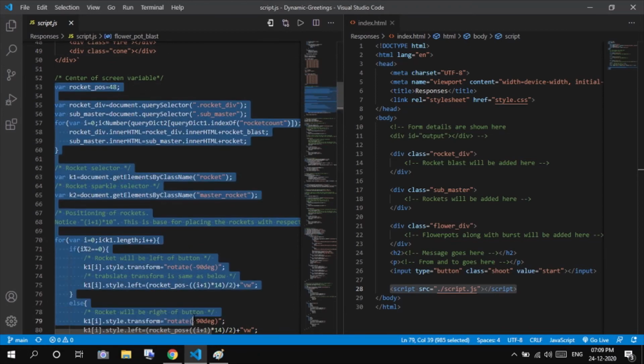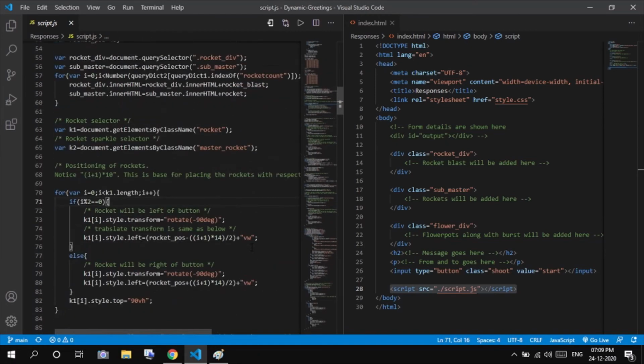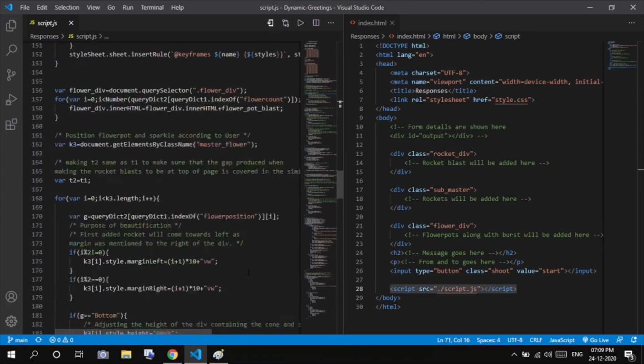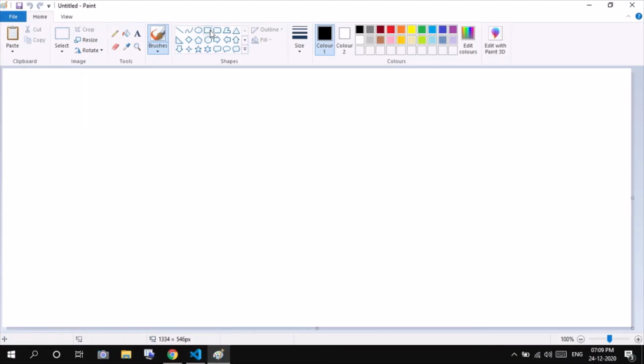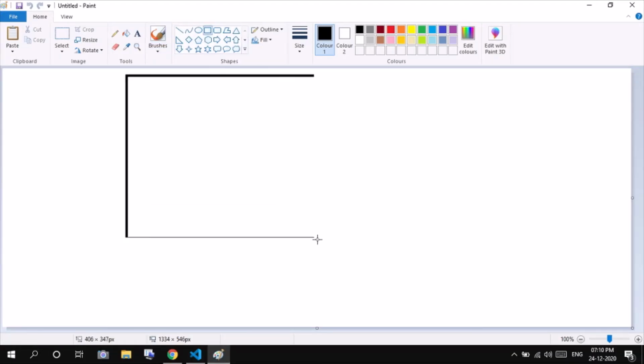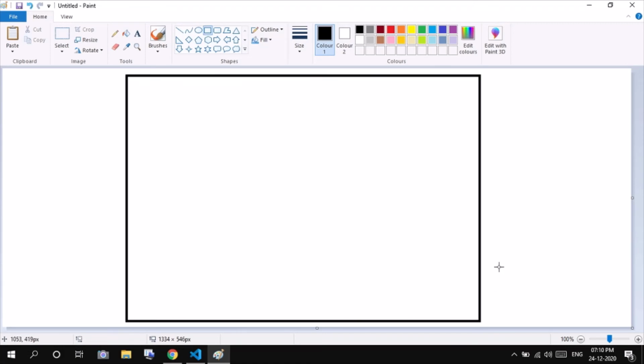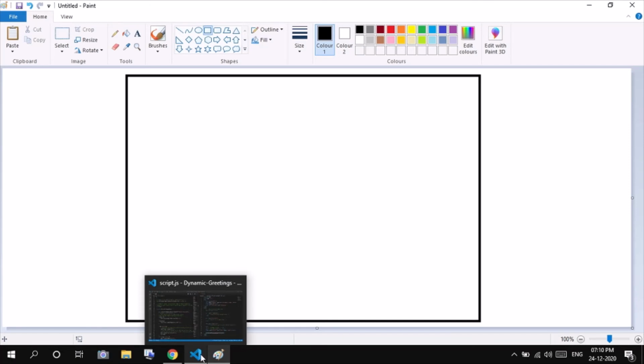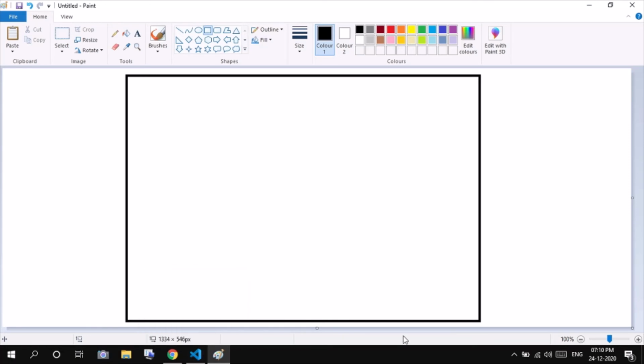And the rest of the whole code I'll be explaining with the help of this one. Let me draw a viewport. Yeah, what my code does is that all the blasts are separated by divs, right? So all the divs will be under one main div, that will be flexbox.